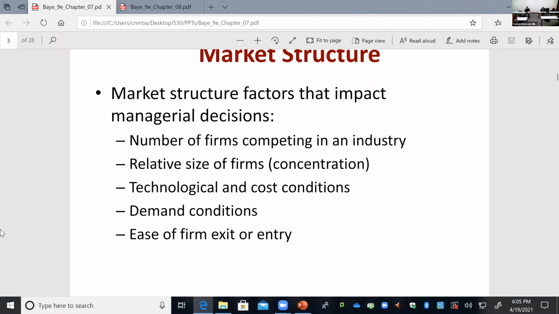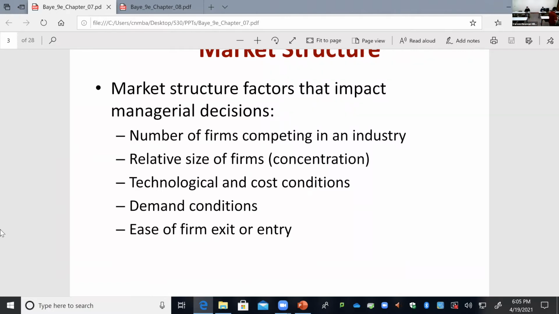Now, what kind of impact does industry structure have on managerial decisions? As a manager, what is the most important decision you have to make? What is your main job as a manager? In one word. That's very good, profit maximization. That's like two words, but in one word, it's optimization, right? In general, all your problems are almost optimization problems, okay? You have constraints, right? You have cost constraints, and your objective is usually profit maximization, if not always, okay? Or should be. Now, the number of firms competing in an industry has implications for managerial decisions, because the number